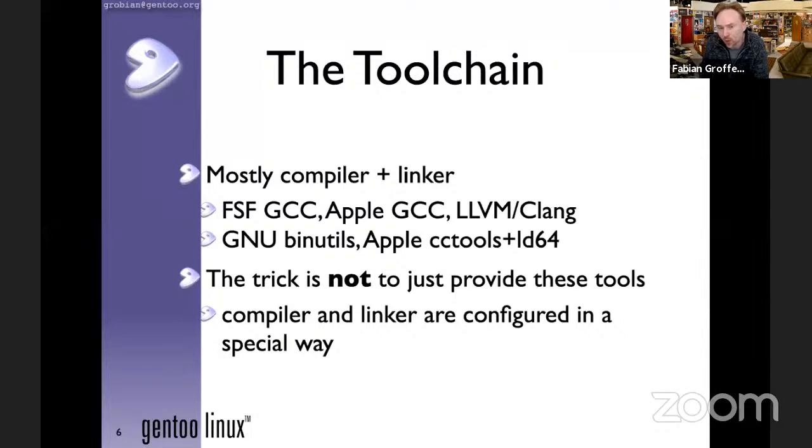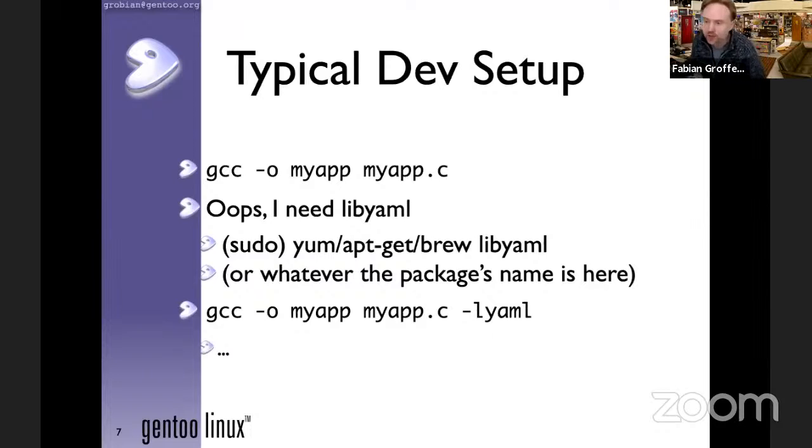So we support a couple of compilers, and we try to do exactly the same for all of those. We definitely support the GNU binutils, which is used on ELF platforms, and we actually work with the Apple CC tools, which provides you the linker and the assembler. And we patch them in the same way, or we use wrapper packages. So just to give you an indication of why we want to do that.